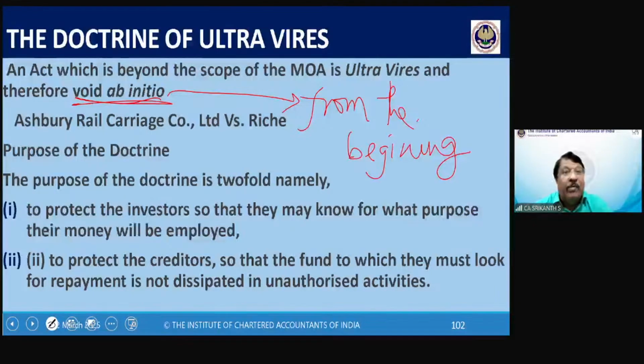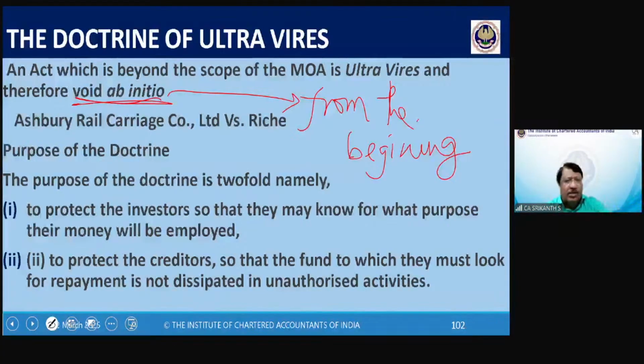A contract entered into with or by a minor is void ab initio. Similar. See, the doctrine of ultra vires is about capacity. A minor is incapacitated. Not being a major is incapacity. Similarly, beyond the scope of the memorandum is incapacity. The company does not have the capacity to enter into a contract which is beyond the scope of the memorandum. And such a contract entered into on behalf of the company is void